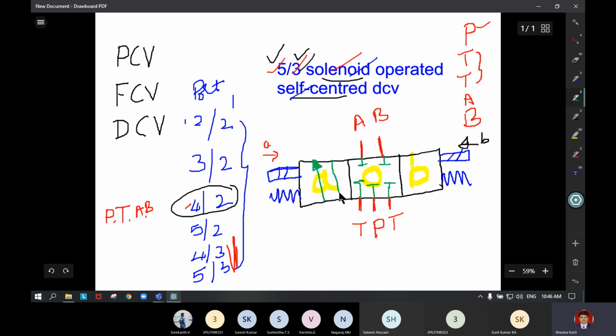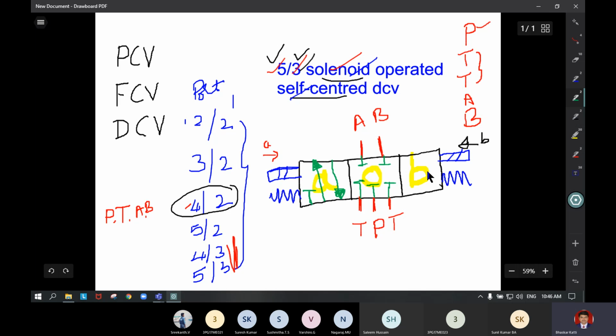It has to be connected to the T port in this direction. The flow should go from B to T. Then one port is left out here, that is the T port. So the T port should be closed in this position. So this is the flow path inside the square box when position A comes to the center configuration, that is with the ports. So when we are moving from either A or B, the ports are not going to change, only these square boxes are moving, that you have to imagine.